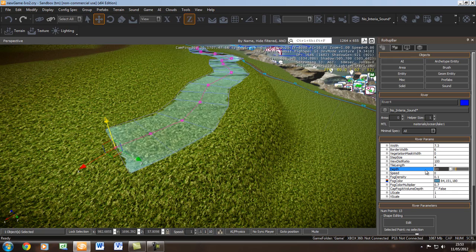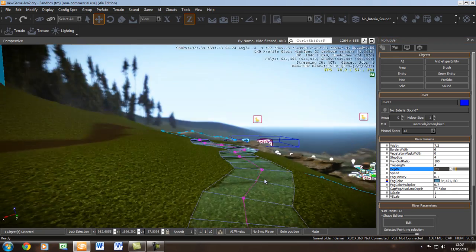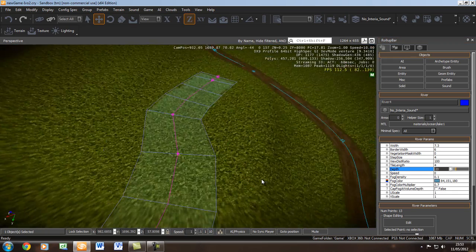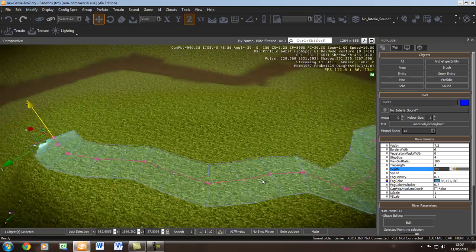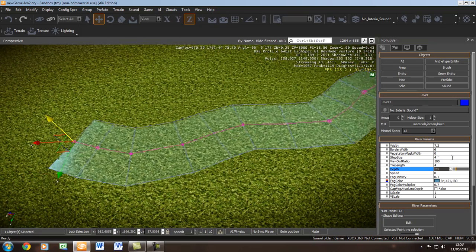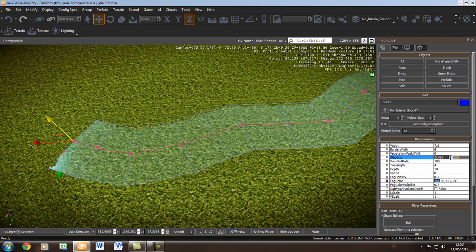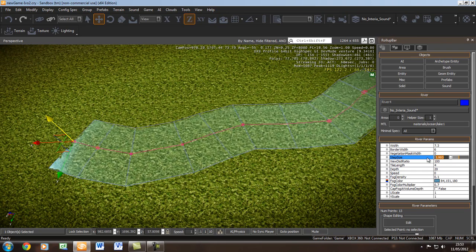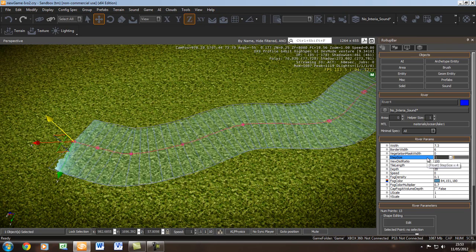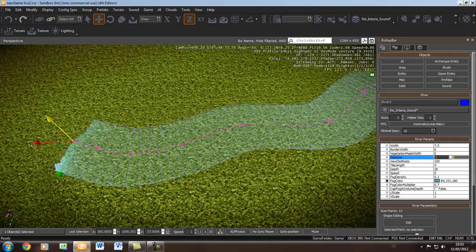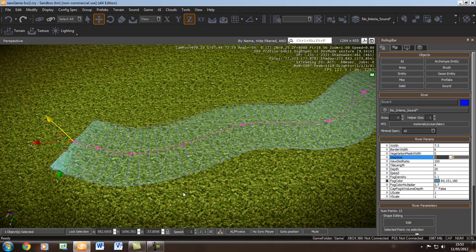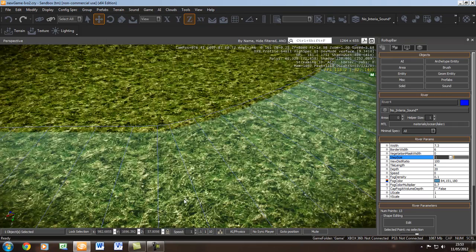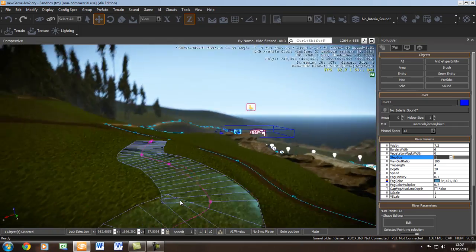Press enter, and we have a river created like that. Also, if you want to make the corners of the river more smooth, change the step size, decrease it down, put it to 1 like that, and you can see our river has become more smooth at the edges